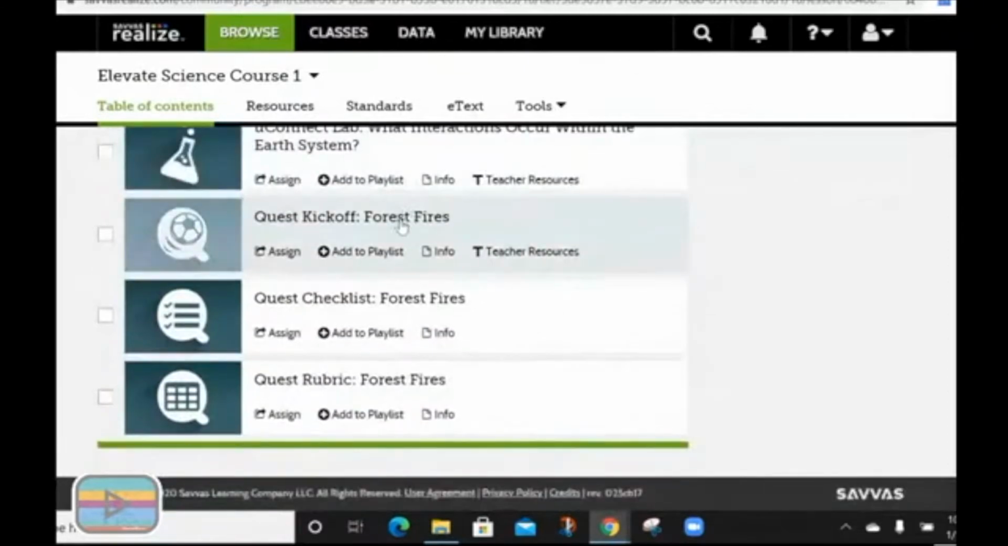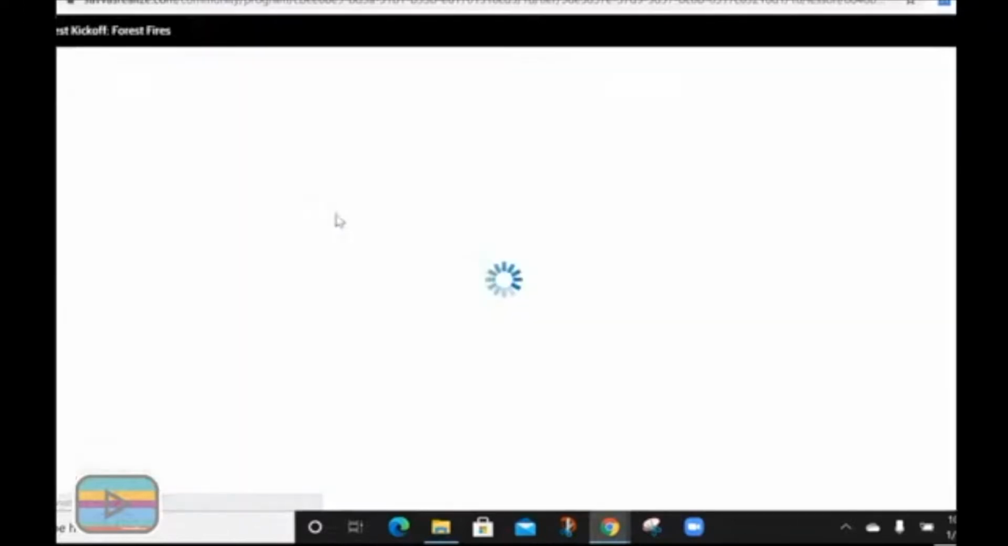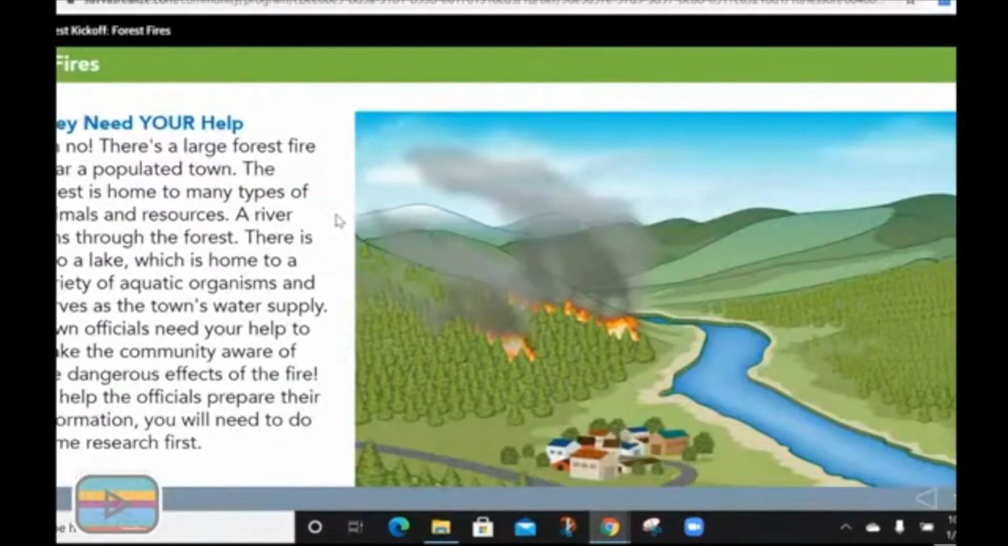The quest, I would define as an adventure that excites and intrigues the students as they journey through a topic. And in this particular quest kickoff, our phenomena is going to be forest fires. So just as JCPS builds their modules around phenomena, so does Elevate Science. And this is a typical